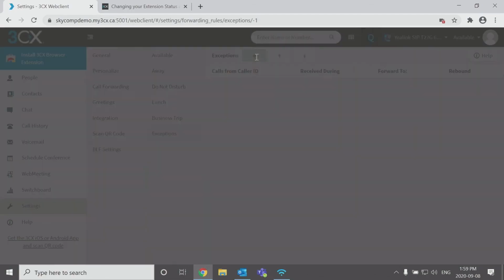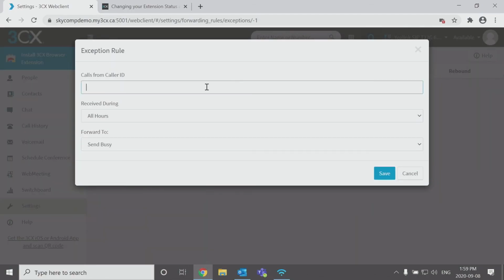The last thing with extension statuses I wanted to talk about was exceptions. Exceptions aren't used often, but they're a neat feature if you need to use them. Exceptions allow you, if I go into configuration here, to specify certain rules for the call display number. So say you have that call from a salesperson, from somebody trying to get your business, and they just will not give up ever. They keep calling you even though you've asked them to take you off their list. You can take their caller ID, for example, and type in their caller ID here,